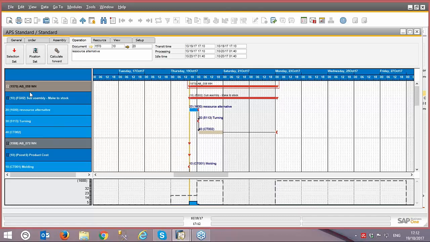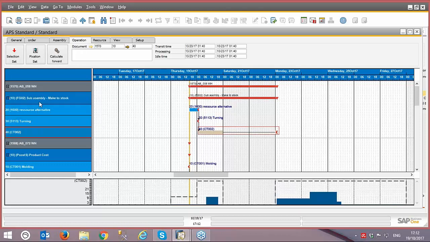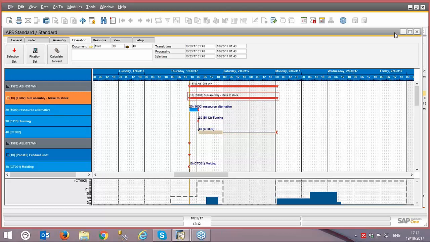Okay. Now I want to show you, I don't know if you've been able to see it in the past, that actually I can play with these levels and bring the information in different ways that maybe will be easier to understand. For example, what I have here is I see 1570 is the work order number. This is the position number that shows me that I have an item called subassembly. And these are the 3 steps that this subassembly can take place. Now, imagine